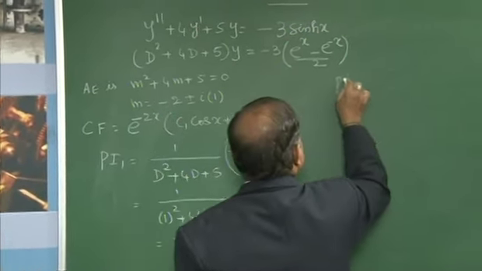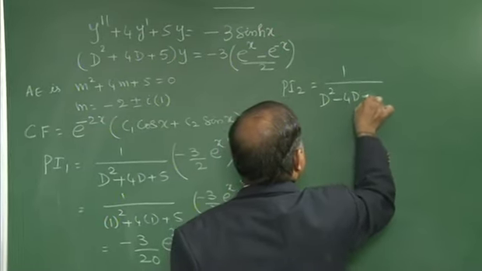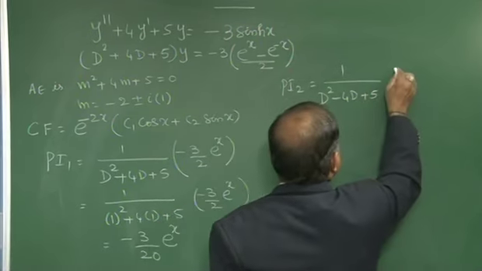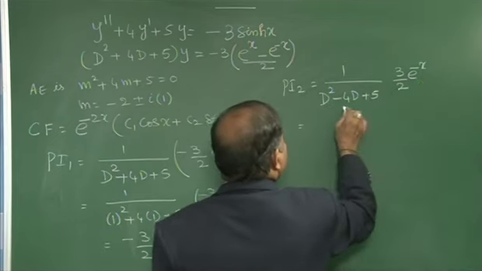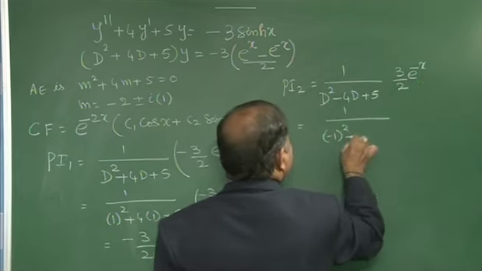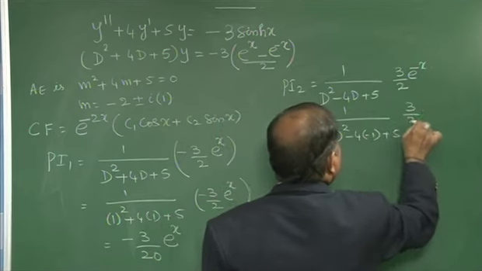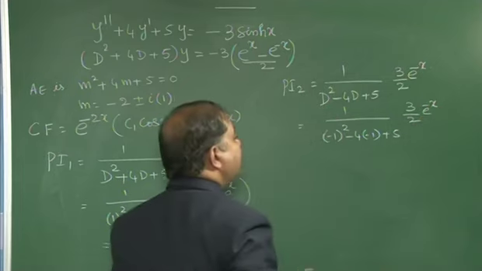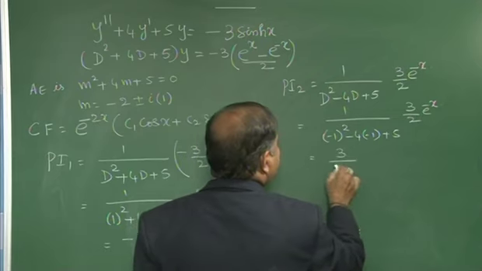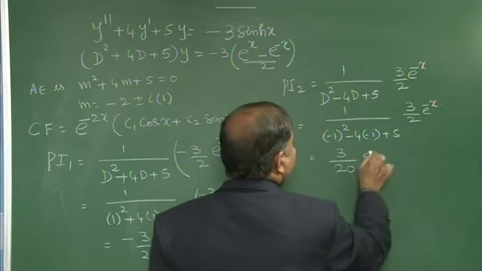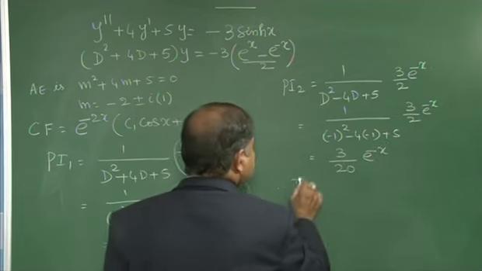Second PI, 1 by (d square plus 4d plus 5) acting on 3 by 2 e power minus x. So 1 by (minus 1 square plus 4 into minus 1 plus 5). Simplify it: 1, 4, totally 10, again with the 2 it is 20. So 3 by 20 e power minus x. Therefore, the solution is